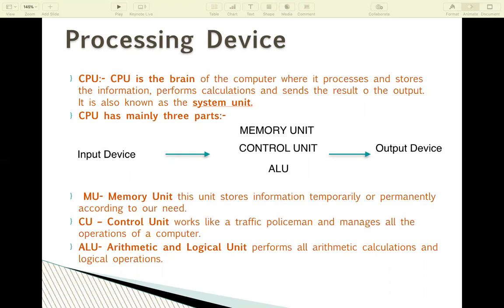Input and output devices, that recap has been done by Ms. Jadeja for you, that you might have seen. This is the processing device that we have done the small recap. Now what I'm going to show you is storage devices.